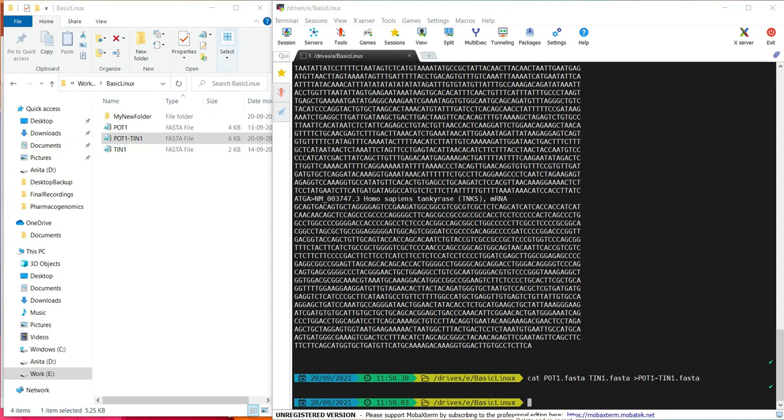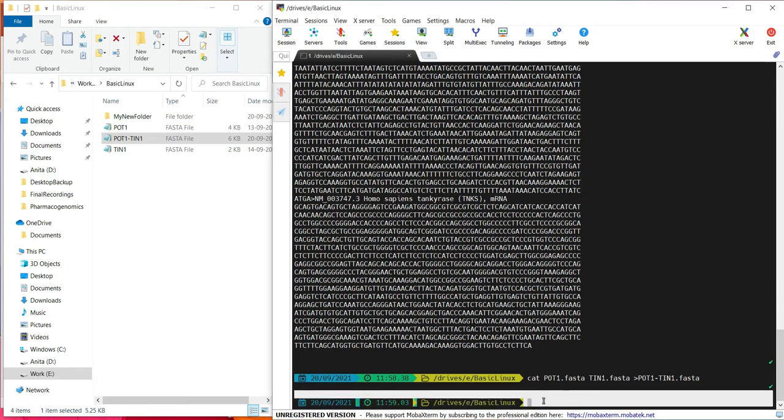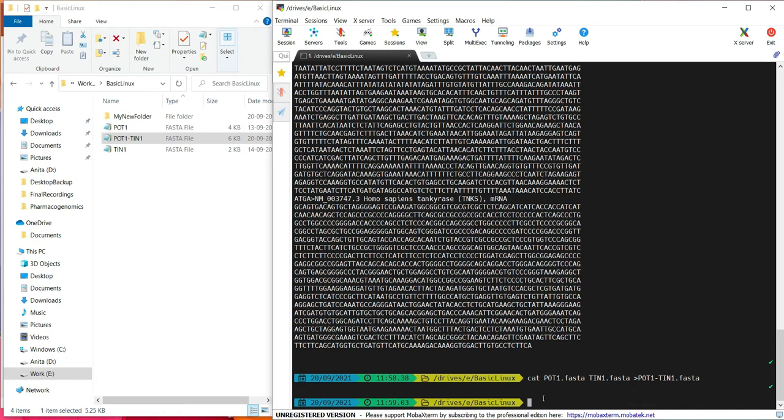Cat command can also be used to append the content of one file in the end of another file. So for this, you just have to simply use cat my folder.